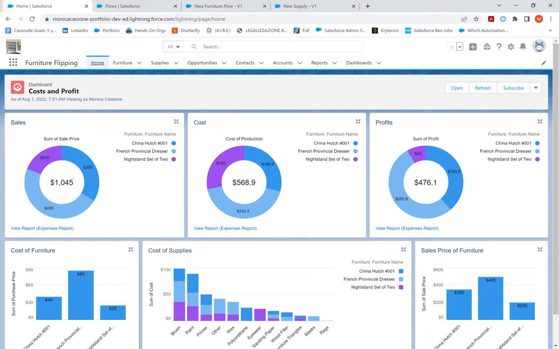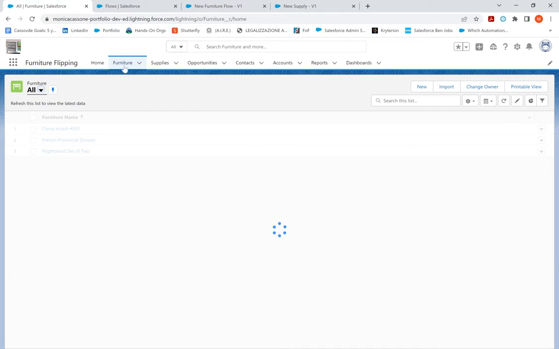For some background information, in previous videos I showed you how I created a new app for furniture flipping, and I made two custom objects, furniture and supplies. I then created some reports and added them to a dashboard, and the dashboard was then added to the home page for my custom app. So I created two flows, and they're pretty simple screen flows, but they each solve a minor problem